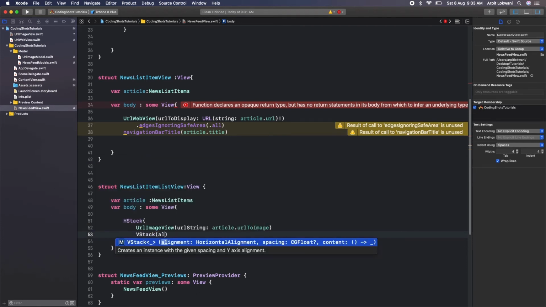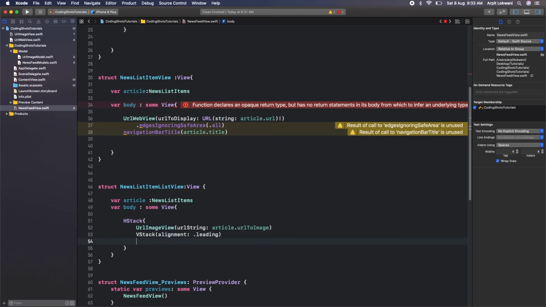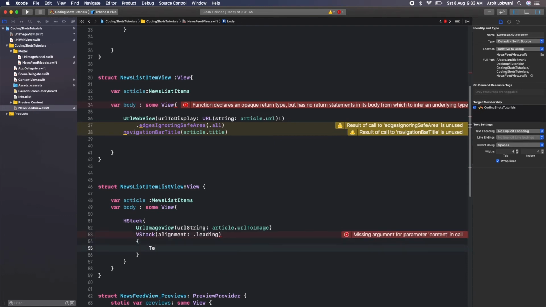We can use leading, and spacing I think not required, and content also not required. Inside that I am planning to put two texts in a vertical way. So we can take the article object again, dot title.